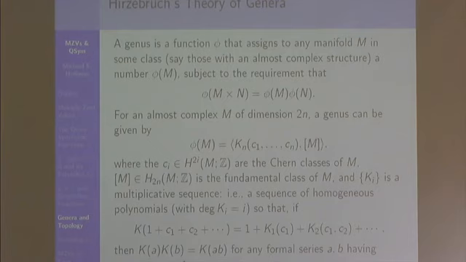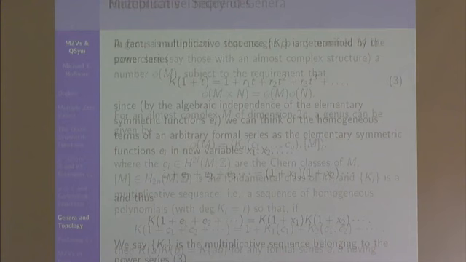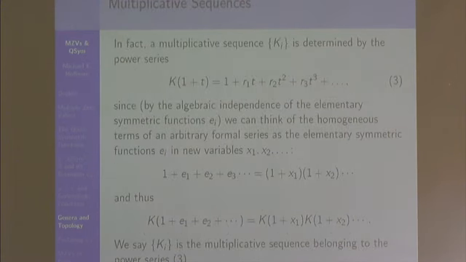Well, it means that if you write your image of the total Chern class as homogeneous components, the product of two of these is k of the product. And that actually means that you could associate to any formal power series